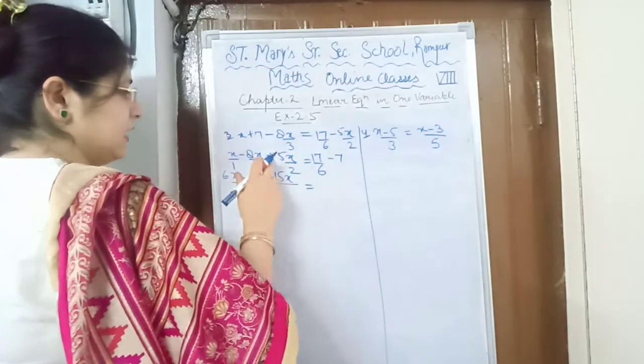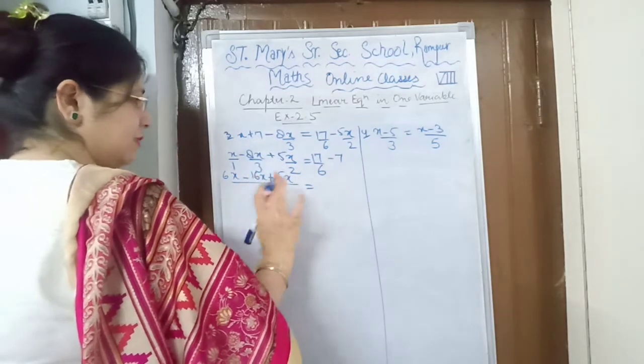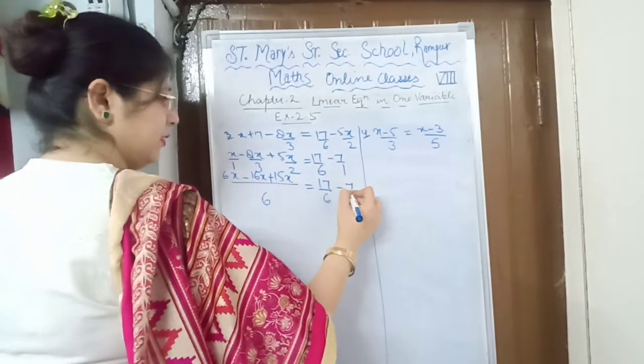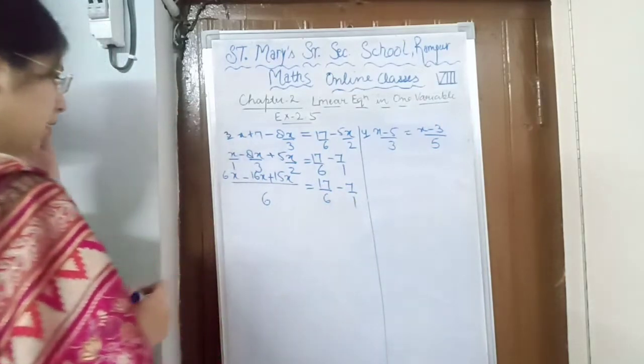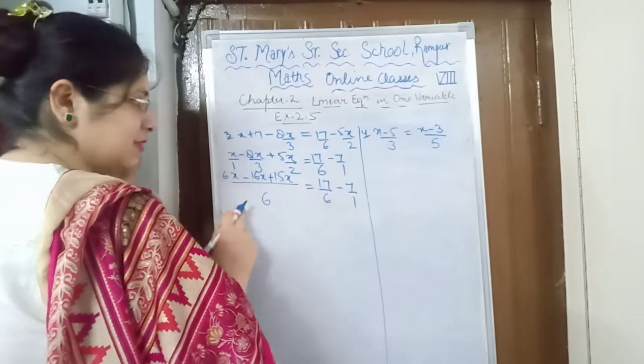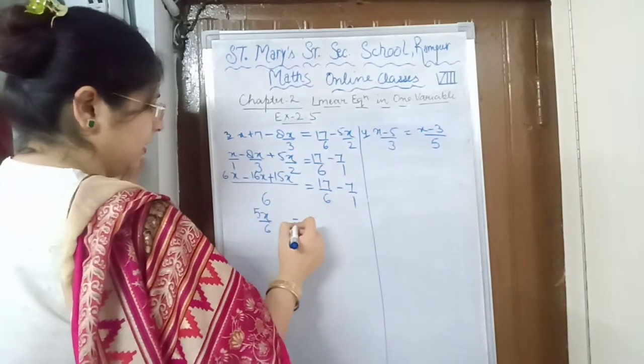Take care of the sign. Minus sign will become minus sign. Take minus sign, take plus sign as plus sign. Okay, don't confuse in between. 17 upon 6 minus 7 upon 1. Okay, so after that 6x minus 16x will be minus 10x plus 15x is 5x upon 6, and here when